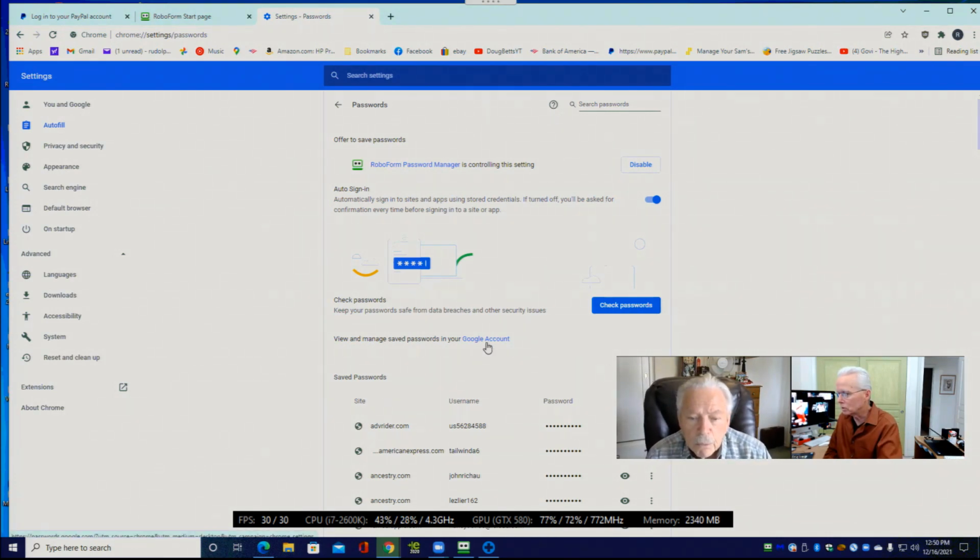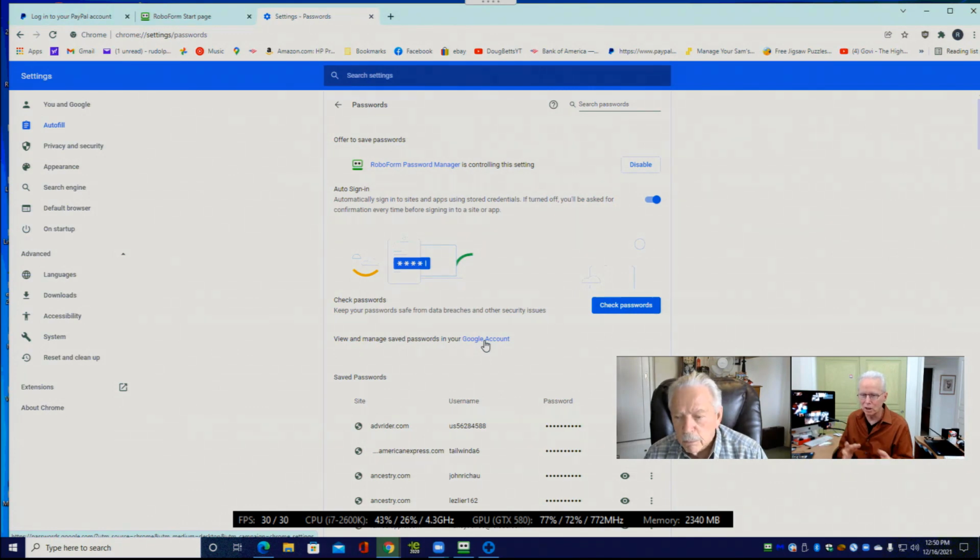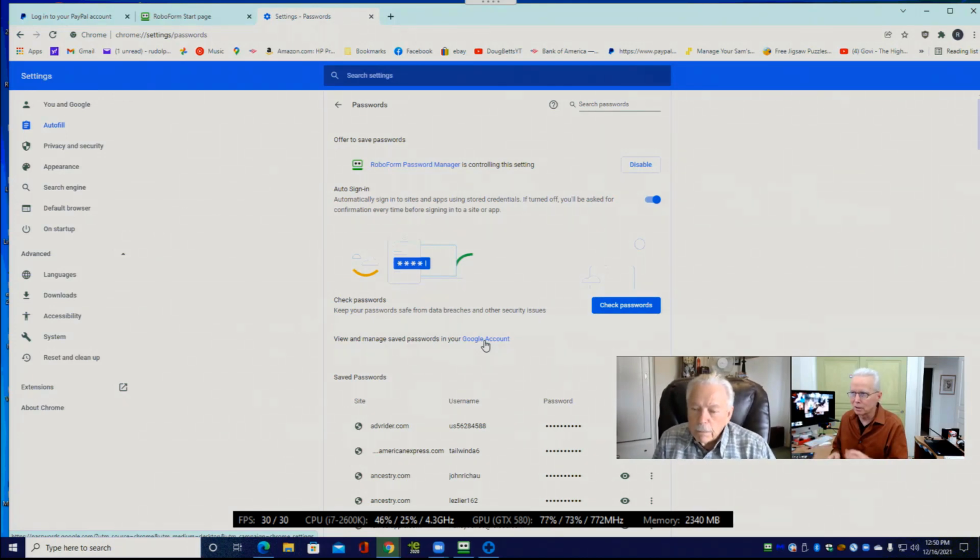Going into the Google account goes to a different screen. Now the Google account is different than the Chrome browser. Right. Your Google account is kind of the master to your Gmail account and your Chrome account and your YouTube account. And I think there's some other things that fall under the Google account domain. Okay.